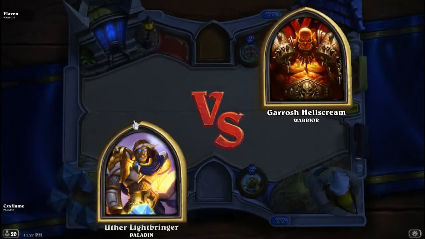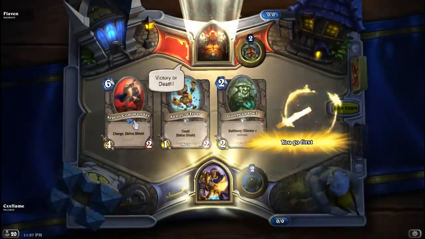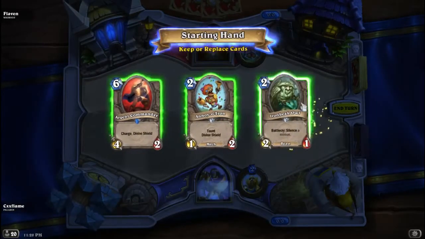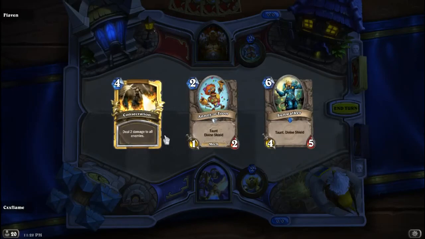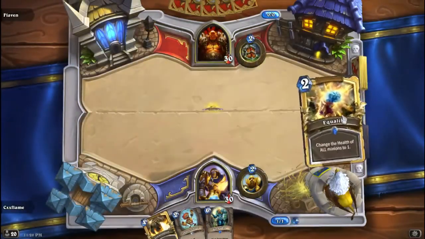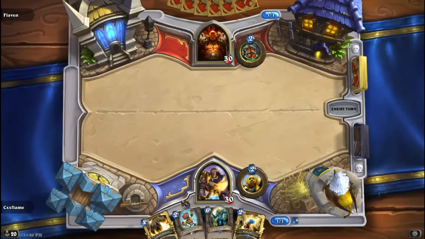Warrior. This is supposed to be another one of our very winnable matchups. Man, not with a hand like that. I mean, Annoy-o-Tron goes one for one with Axe, so...